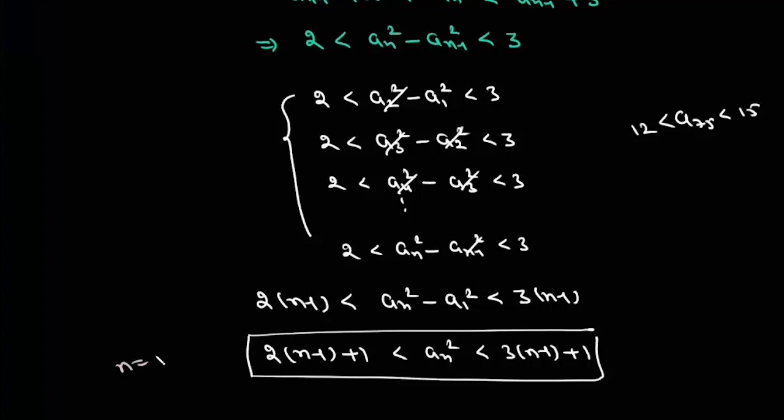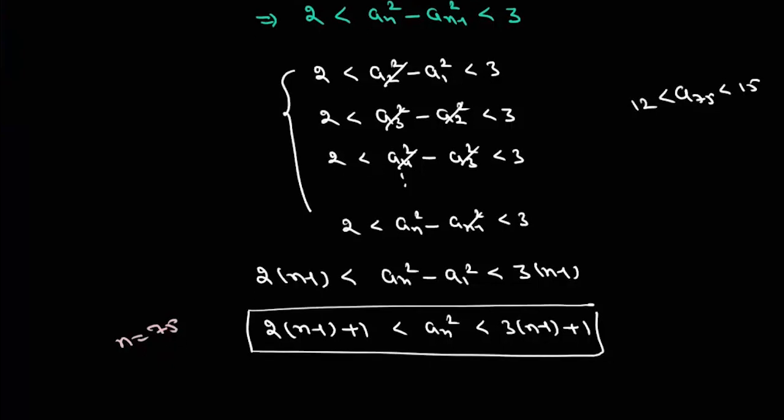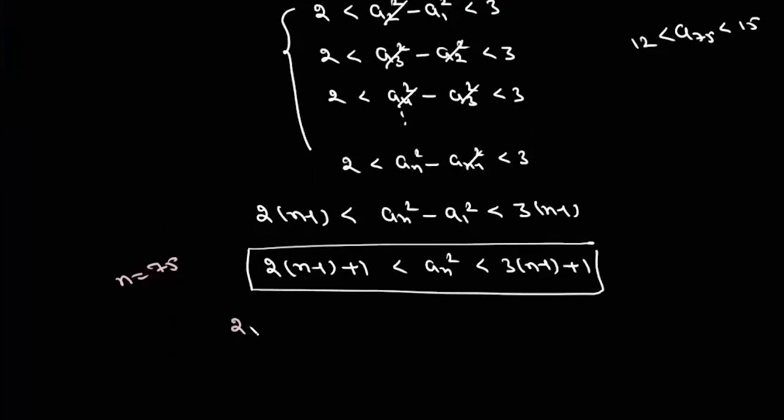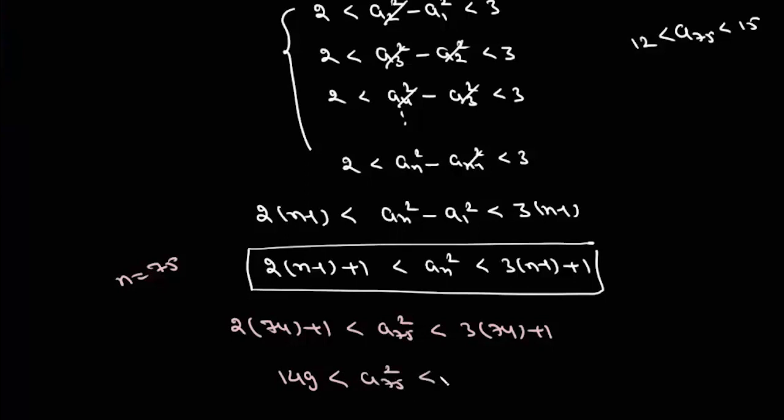So this is 2 times 74 plus 1 will be less than a75 square and will be less than 3 into 74 plus 1. Now this is 149. It is less than a75 square and will be less than